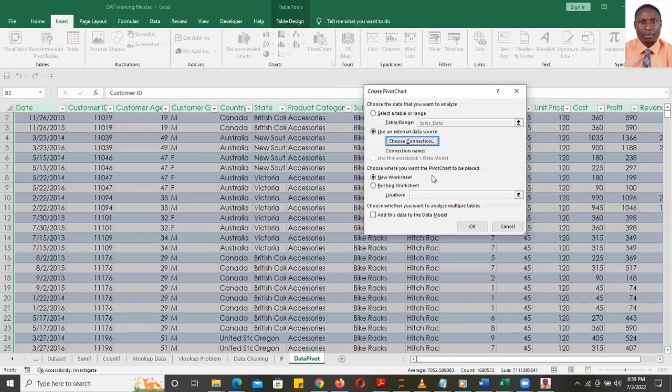Then the guy is asking us to choose where we want the pivot chart to be placed: a new worksheet or an existing worksheet. Now, it is very good for us, it's a good practice, if you put your pivot table and pivot chart in a new worksheet,